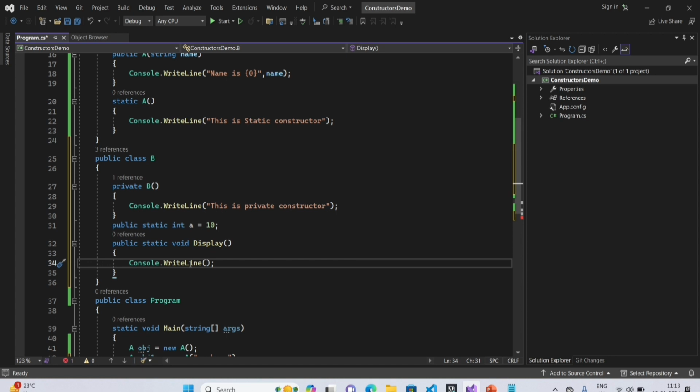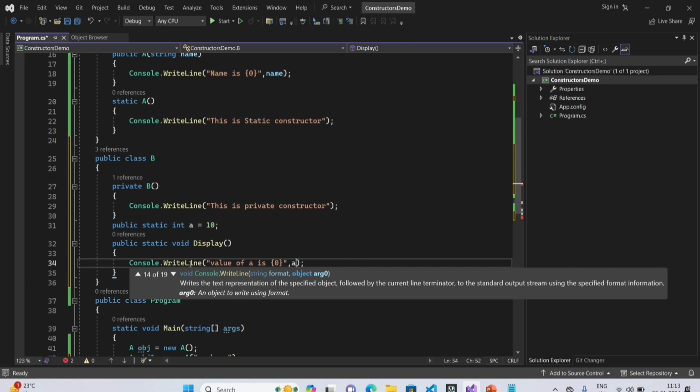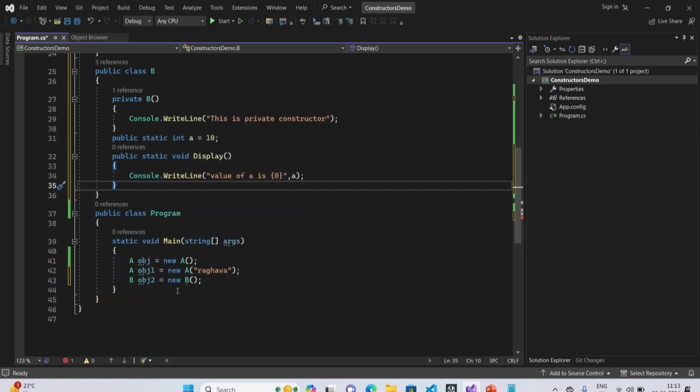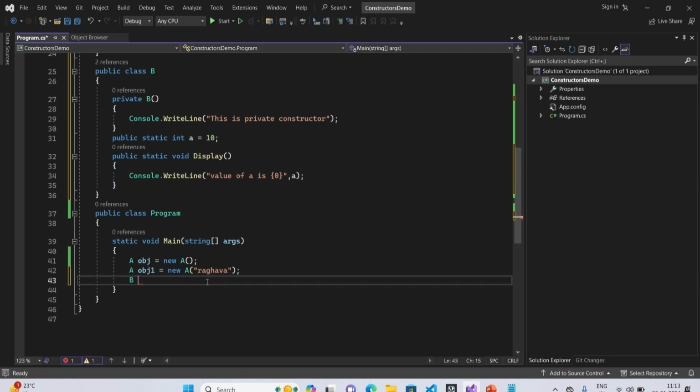And I'm printing this value of i, and if I want to invoke this method, then I can write directly like B dot display,